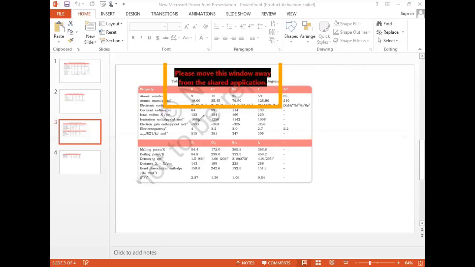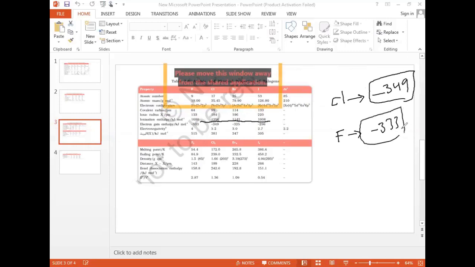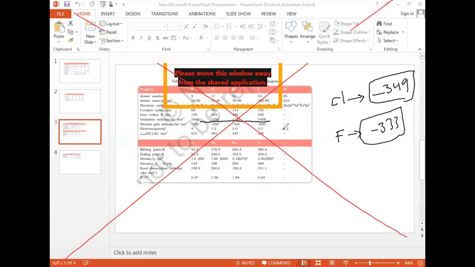Now come to the ionization enthalpy values. Generally ionization enthalpy decreases down the group, which we can clearly see here. Even in electron gain enthalpy values, chlorine shows a more negative electron gain enthalpy when compared to fluorine. Very, very important. Which of the following statements are correct regarding chlorine? Chlorine shows higher electron gain enthalpy when compared to fluorine.